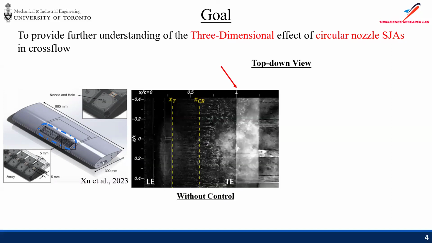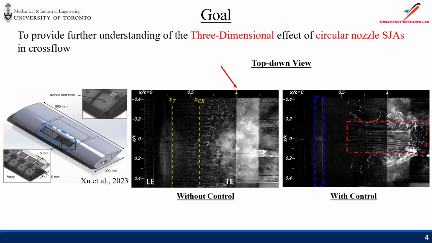Now, if we look at a top-down view, zoomed into the control region, but with the SJAs not turned on, we can see that near the trailing edge the image becomes more blurry, suggesting the flow is separated and there's a recirculation zone. Now, with control, that same area has very smooth streamlines, suggesting that the flow was reattached, but that's the effective control zone. The blue section is the SJA area, and if we look at the image on the left, the CAD drawing,